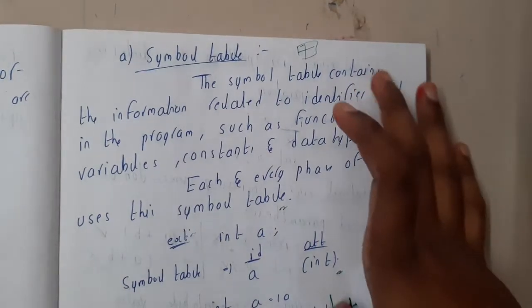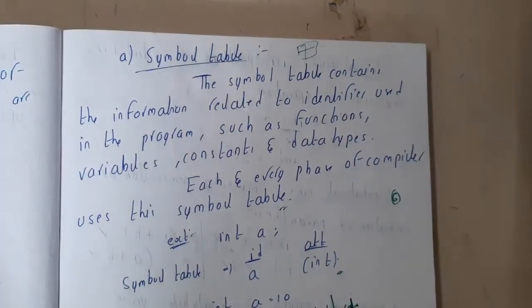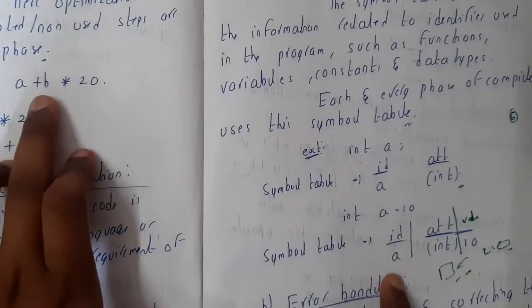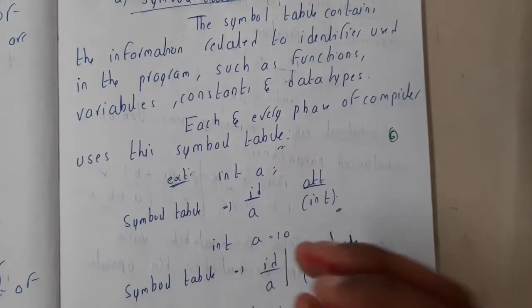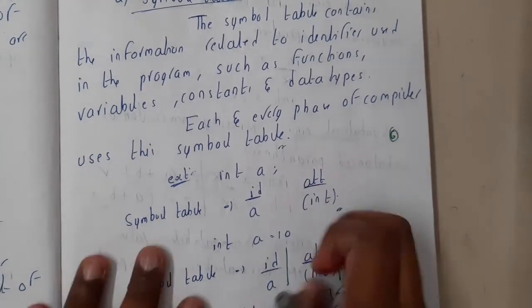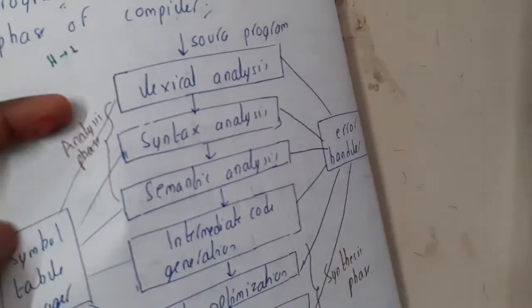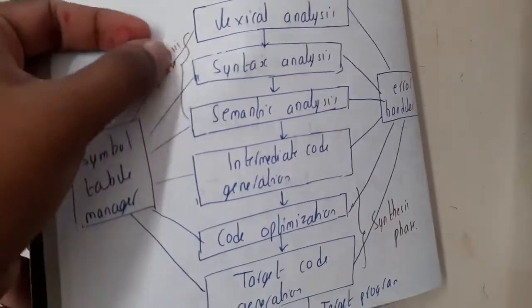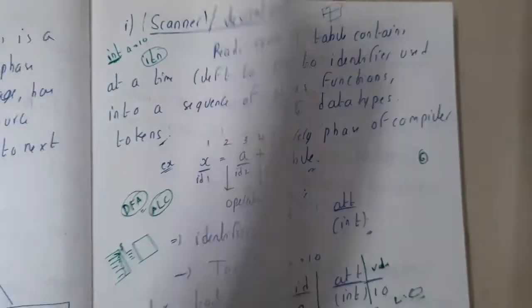When it comes to the symbol table, whatever variables we are using in our code, like variable a, variable b and all those things, they will have some initializations, right? They are going to have some values. So all those things we are going to store in this table, the symbol table, and that is the main reason why this symbol table is connected to everyone, guys, because at any moment of time we might require some data. So that is the reason why we are connecting it to everyone.